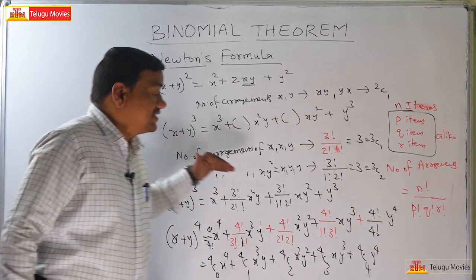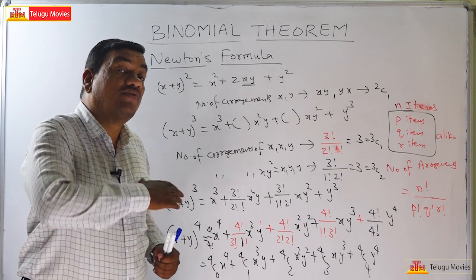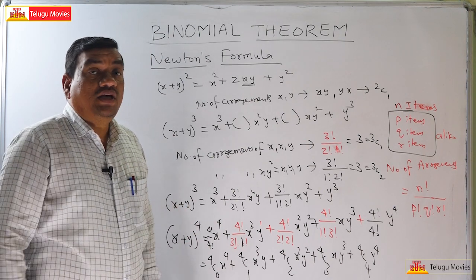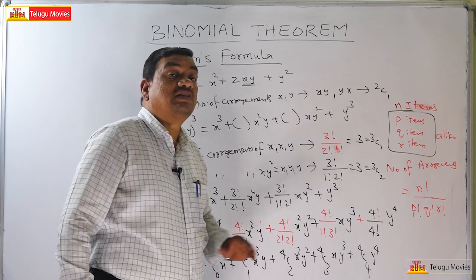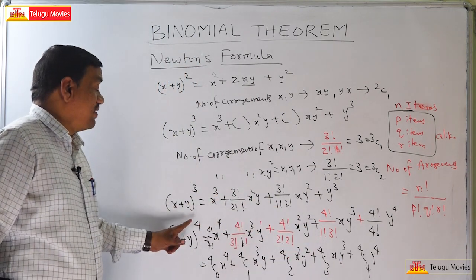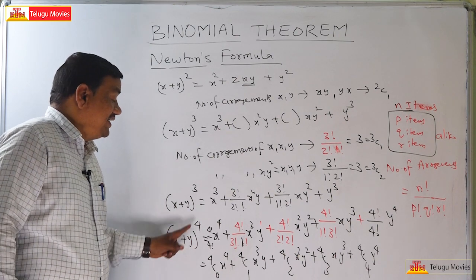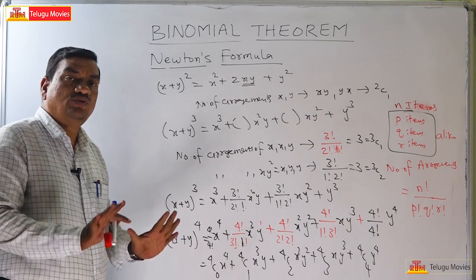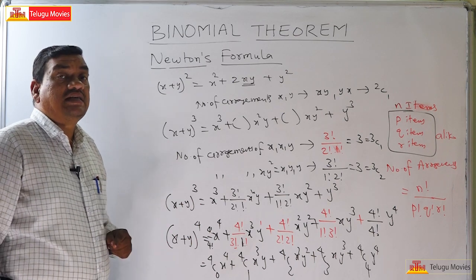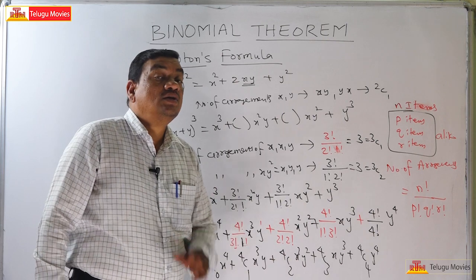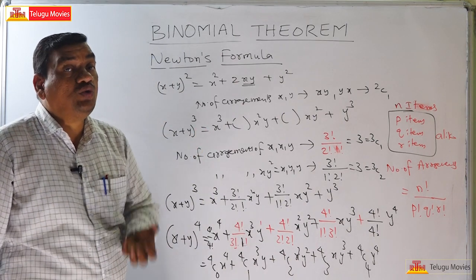The powers of x are decreasing, the powers of y are increasing, and the sum of these two powers, the sum of the indices, is equal to the degree of the binomial. That is okay. The problem arises with the coefficient. So he got the idea of how to find those